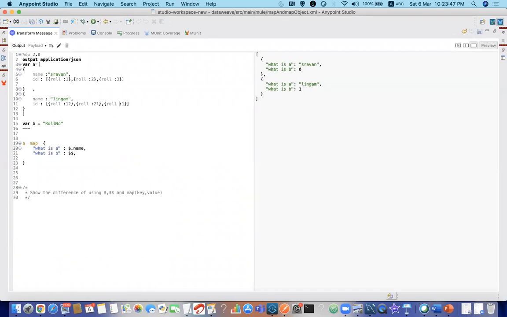Okay, I have a scenario where I need to generate new IDs, where it should be a combination, something like Shravan dash 1. Shravan dash the first roll number, the very first roll number. So to do that, what I can do, I can say